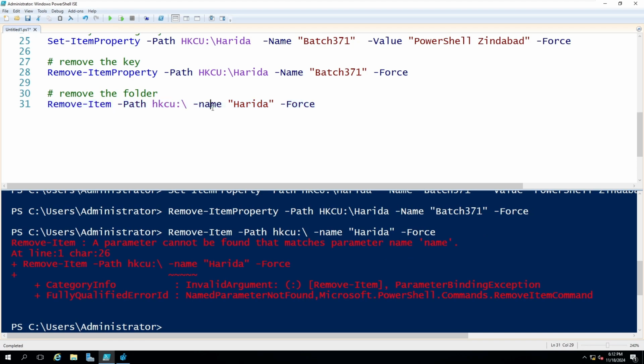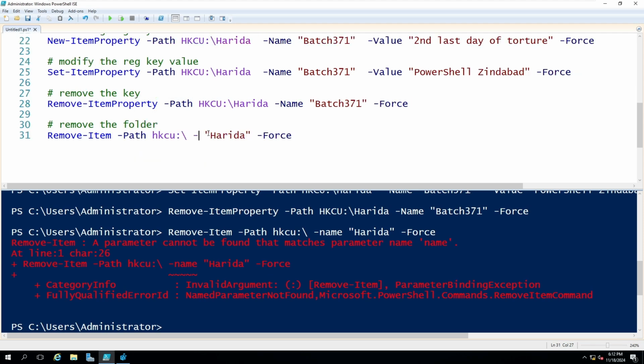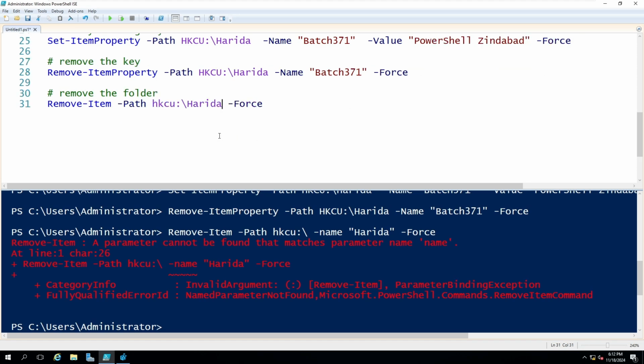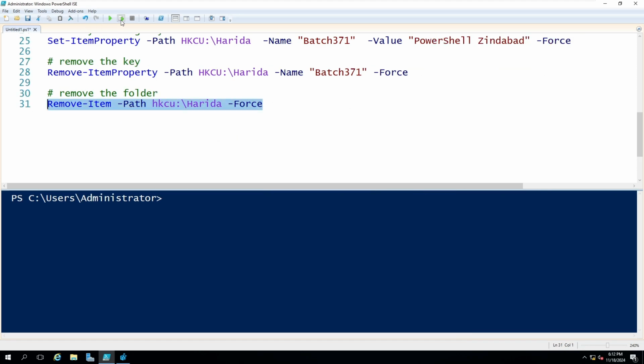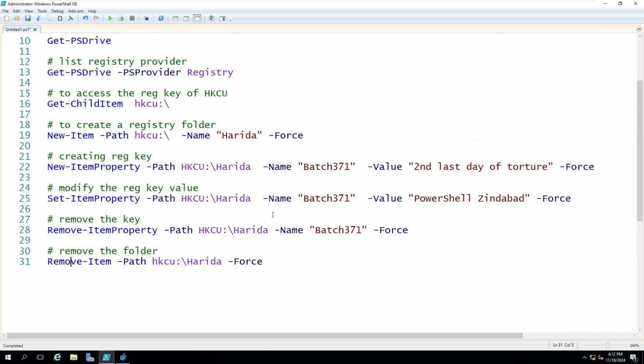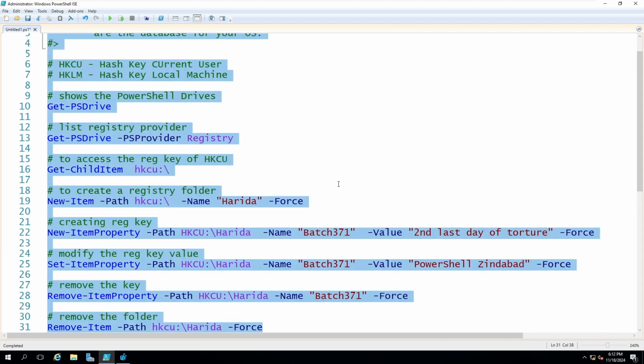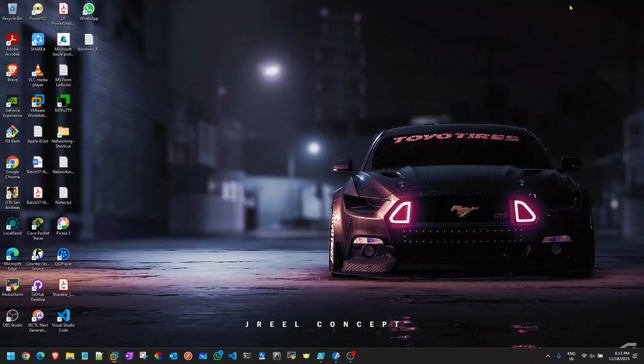Why is it... okay? Let's do this. If it is not taking the name, then I'll take the path directly. Let's see if it works, and it worked out. Let's go back and View, Refresh. Now you can see Harita is gone. So this is the basic way how you can manage your registry keys inside PowerShell. Okay, I'll copy everything from here and store it